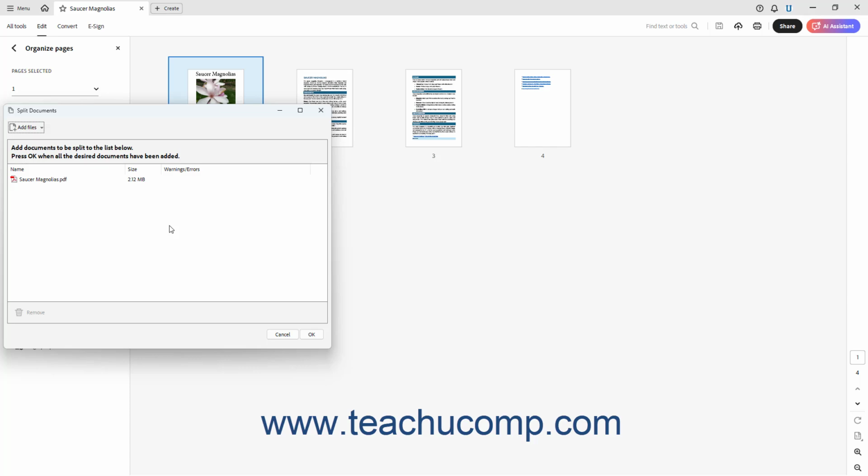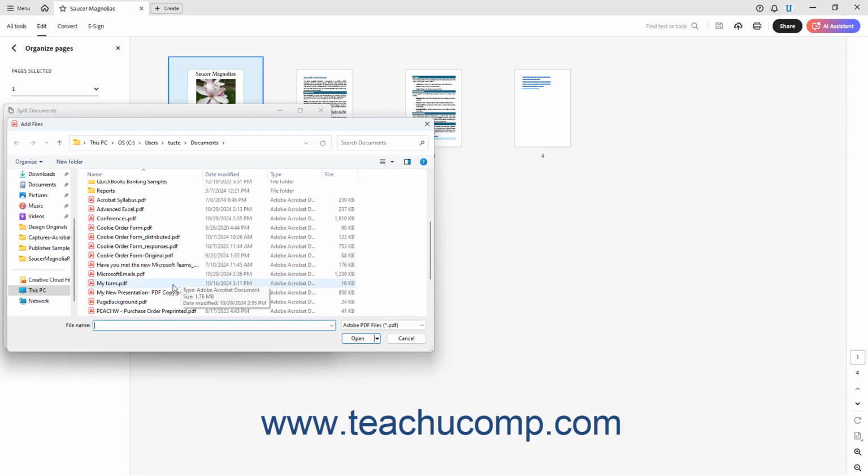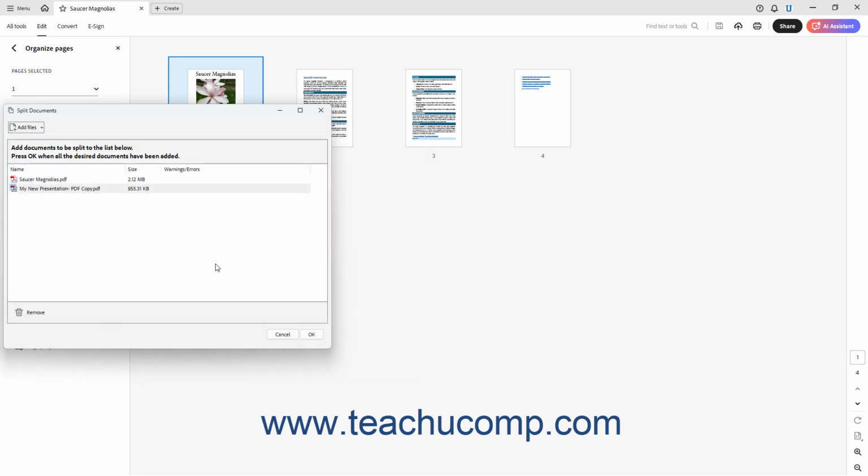side menu. To add PDF files to the Split Multiple Files dialog box, click the Add Files drop-down button and then select a command to use to add the files to the list shown in the Split Documents dialog box. To add individual PDF files to split, select the Add Files command in the drop-down menu to open an Add Files dialog box, which you use to find and select the files to split. Then click the Open button in the dialog box to add them to the list in the Split Documents dialog